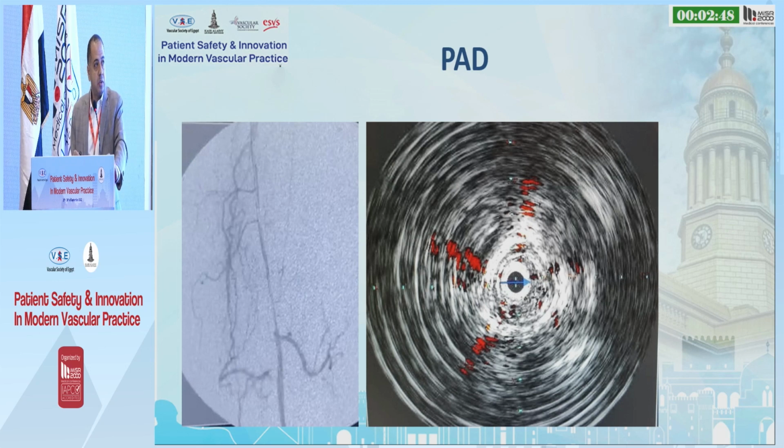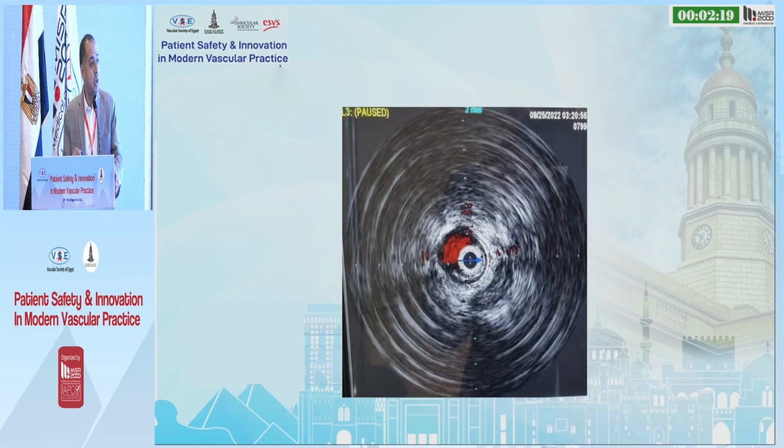Now, at the end, I will talk about the peripheral arterial disease. This case here was done last week in my hospital, and you can see the lesion in the proximal superficial femoral artery, in the upper 2/3 of the superficial femoral artery. This can be seen as well here in the IVUS image, with the thickening of the wall around the catheter. This is not very important, but the coming images are even better. Here we can see an eccentric lesion